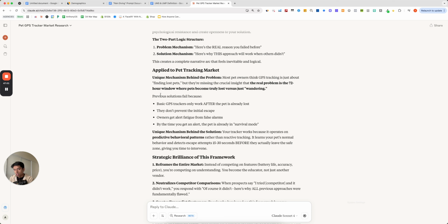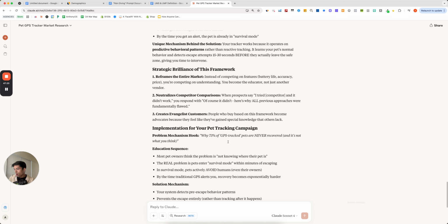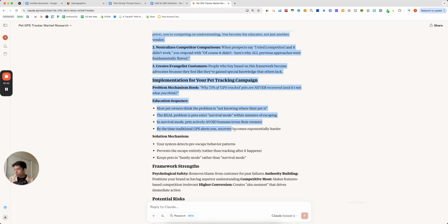One is the unique mechanism behind the problem, which basically explains here's the underlying hidden or unknown cause that you don't know about. That is the reason why 99% of solutions on the market don't work. And then in the unique mechanism behind the solution, here's how our product solves that in a new and interesting way. So as you can see, it's basically boiled this all down into some really, really effective stuff,